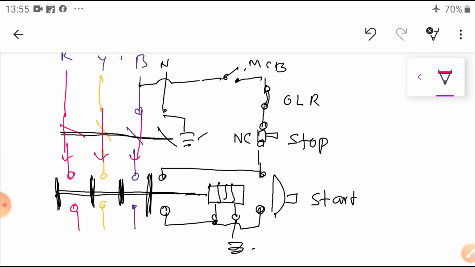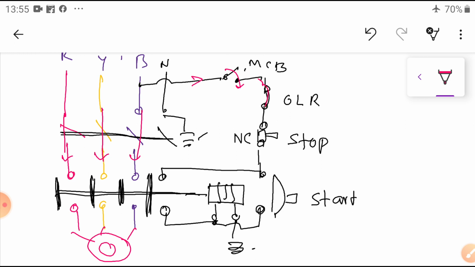Now what will happen? These switches are open, here connected are our motor terminals. Motor terminals connected. Now what happens? The coil has to get supply. Your main coil supply is required. How are you going to connect it? So you can see it. Supply is coming here. MCB is closed, and OLR is closed, and NC is closed.